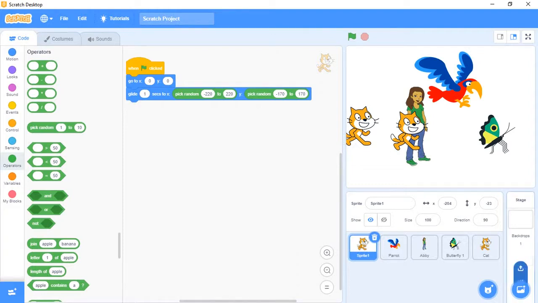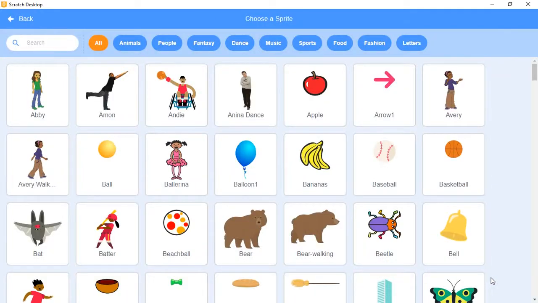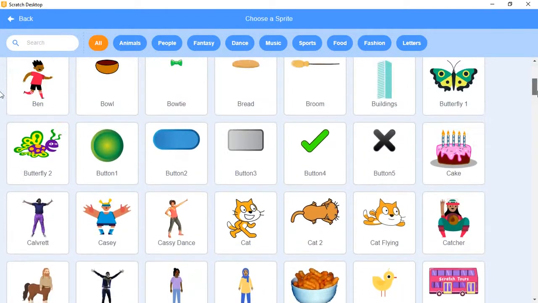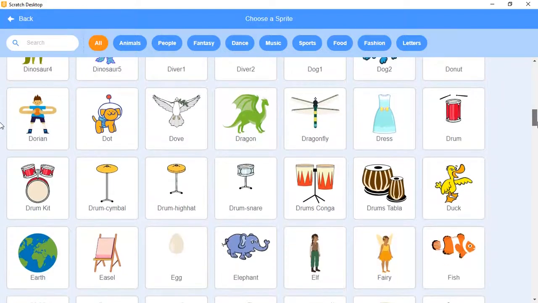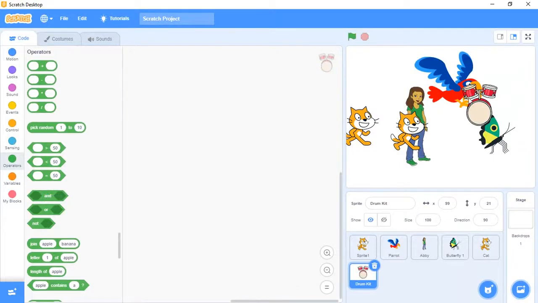Then grow and shrink, next option. Select whichever sprite you want.